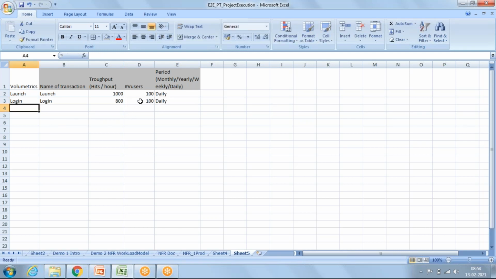That means 100 users are logging in 800 times in 8 hours, on a daily basis. That means 200 times these 100 users are launching the application, they might be putting in username and password, but they are not logging in. Then validating the site. Again, it's a part of login.